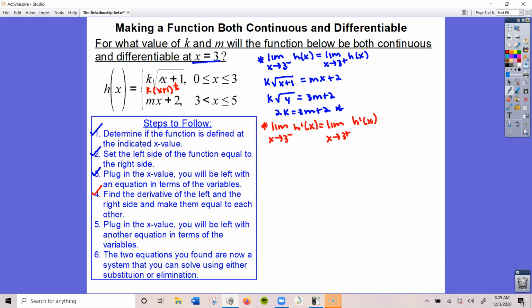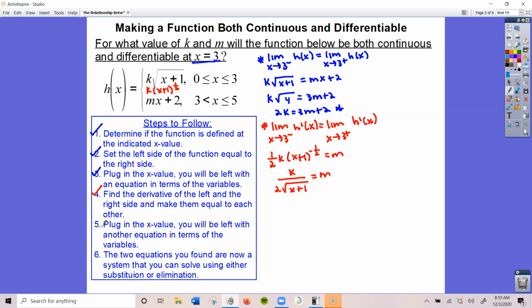So the derivative of that part of the piecewise function, k times x plus 1 to the 1/2, is going to equal half k times x plus 1 raised to the negative 1/2, and we're making it equal to the derivative of the left side, which would just be m. So now I can rewrite this as k over 2 square root of x plus 1